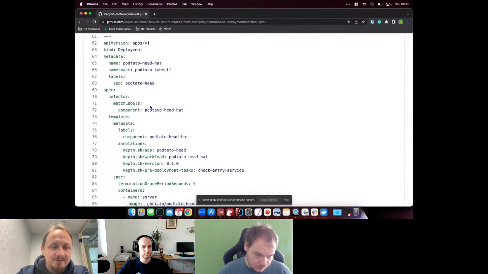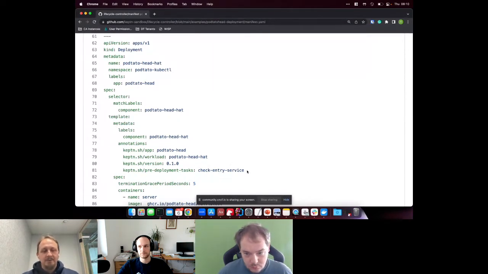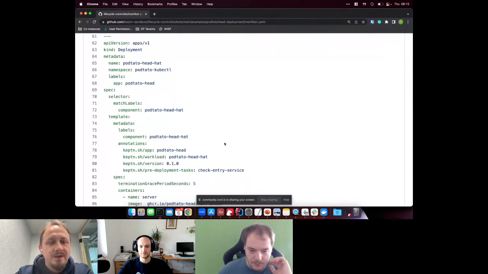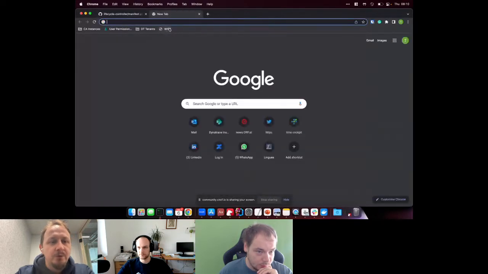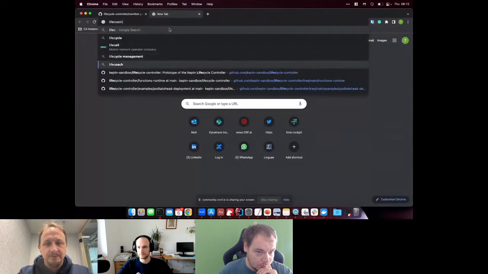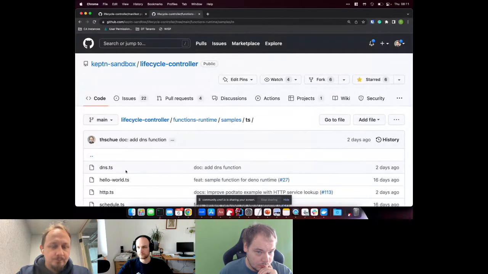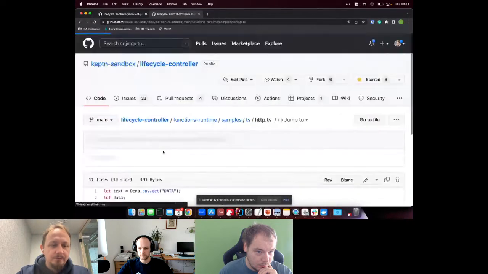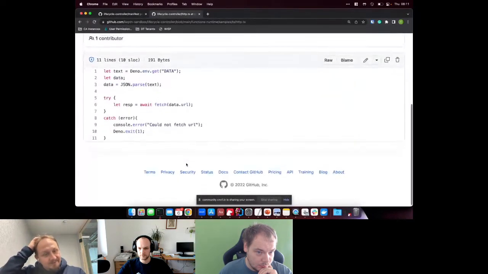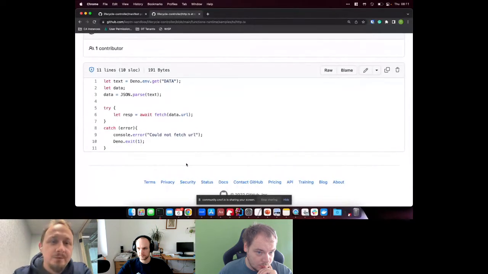Furthermore, I also added a second pre-deployment task for the other services, which checks for the entry service to be available before deploying the service. So this is a very, very simple solution in this case, where we simply wrote a TypeScript function, which simply checks if an HTTP endpoint is available before we